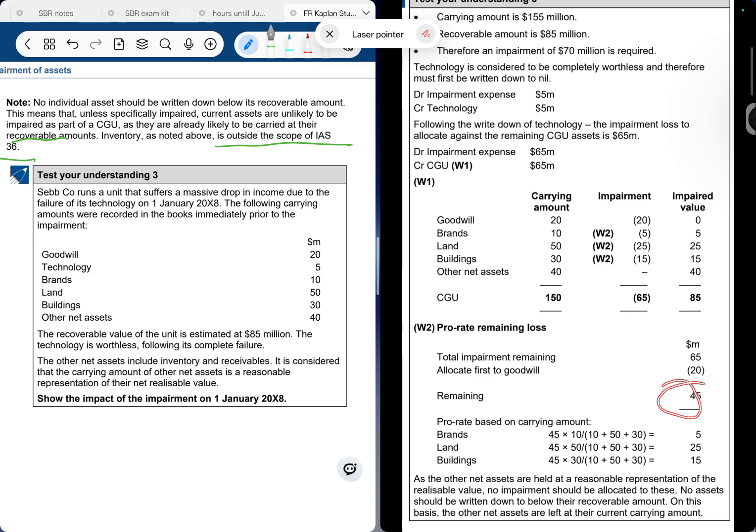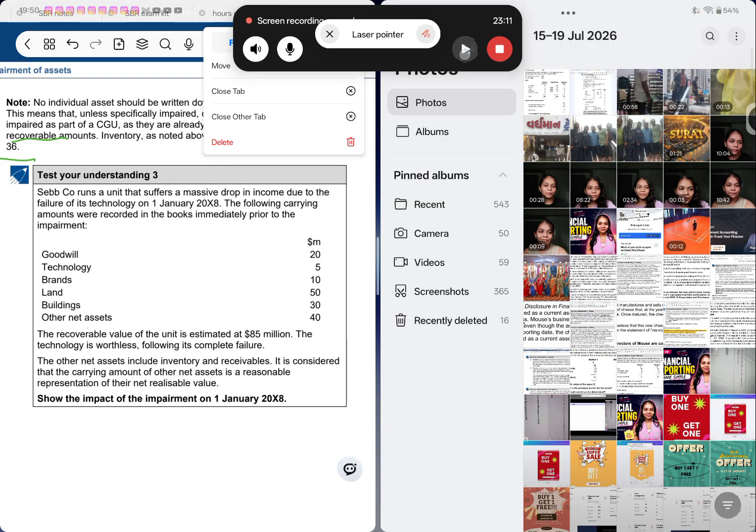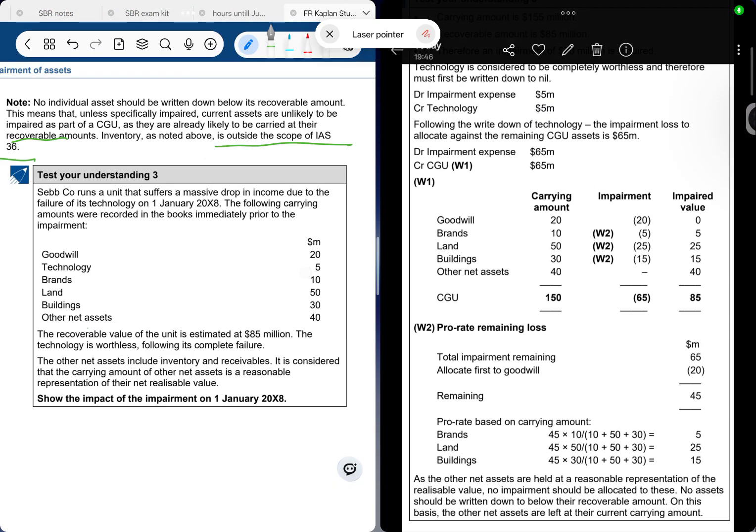So how do we allocate it to the rest of the assets, that is your technology, brands, land and building? It's very easy. We have to allocate it on pro rata basis. So how we do that is the formula of 45 million, that is your impairment, 45 million into... 1 second guys, just got a message. Okay, so the 45 million, what you do is into 10, like मतलब देखो अभी हम लोग को पहले ब्रांड्स